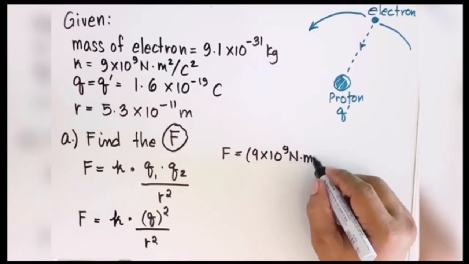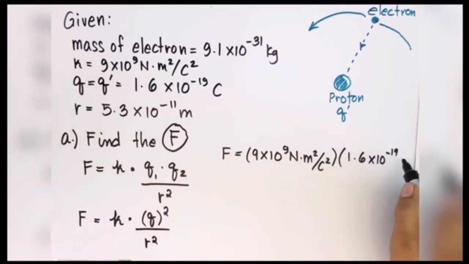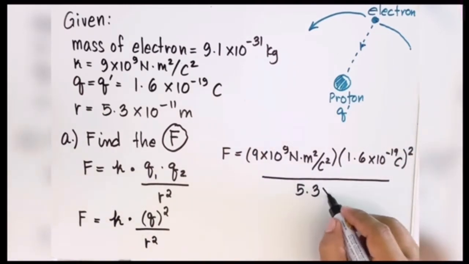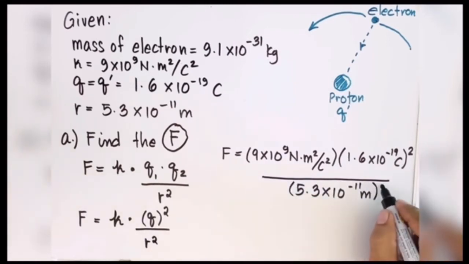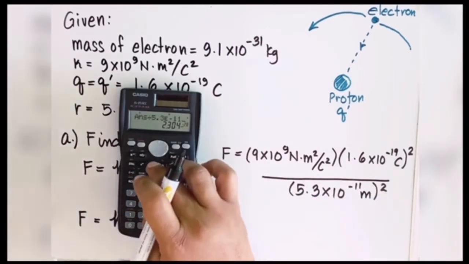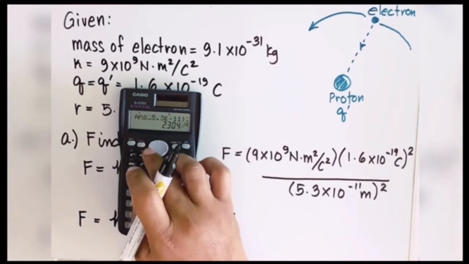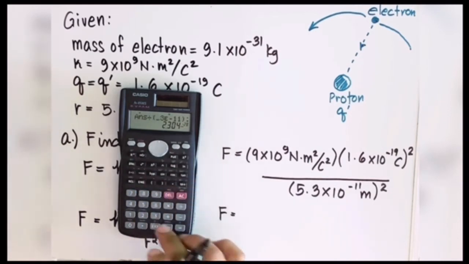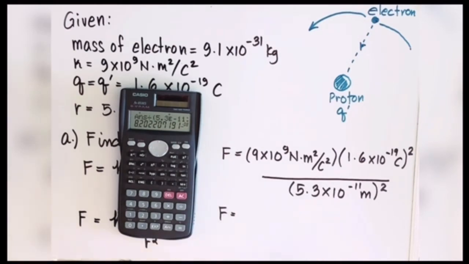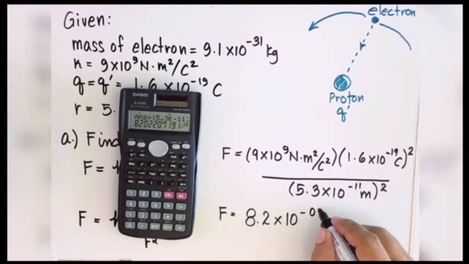So let's plug in the values. Our K is 9 times 10 raised to the power of 9 Newton times meter square over Coulomb square, times the elementary particle value 1.6 times 10 to the minus 19, and we will square that one, over 5.3 times 10 raised to the minus 11 meters, also raised to the power of 2. So the force of attraction between the two particles is given by the value of 82 times 10 raised to